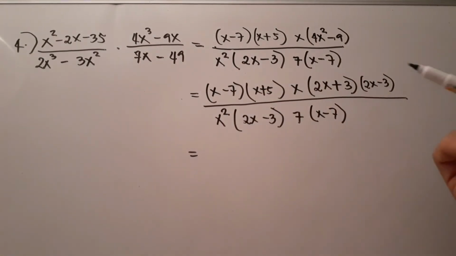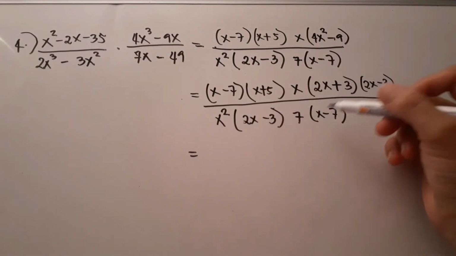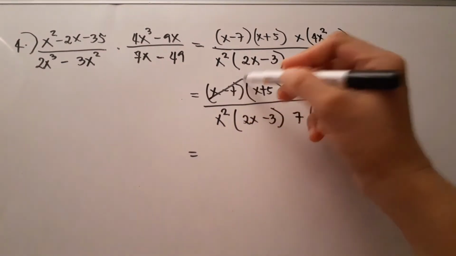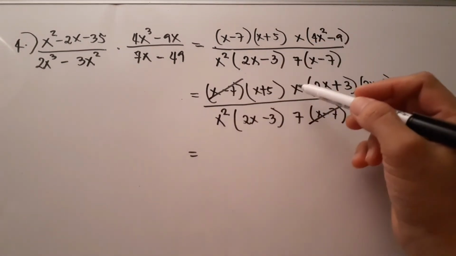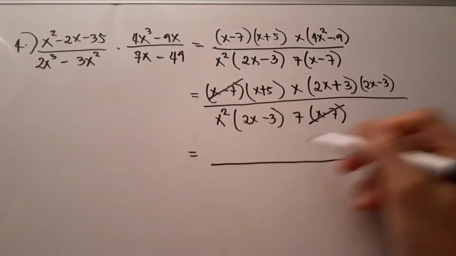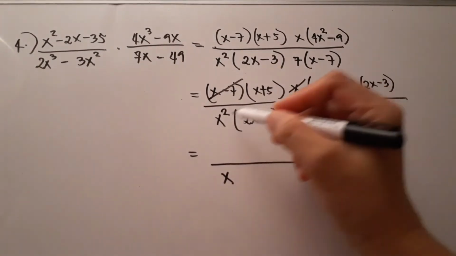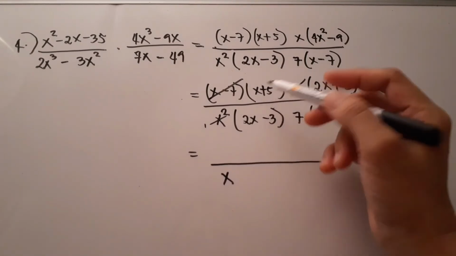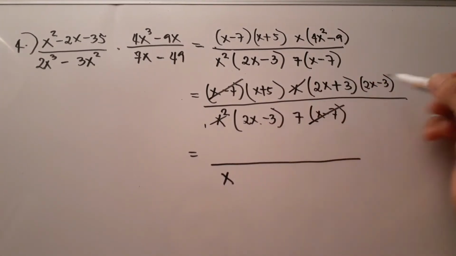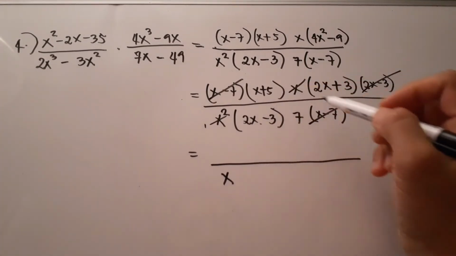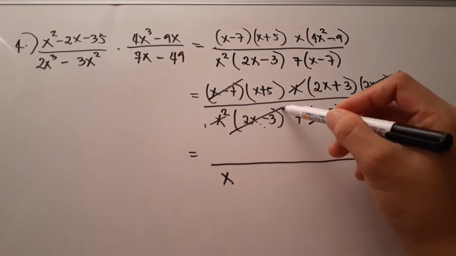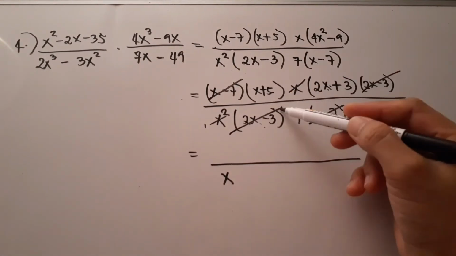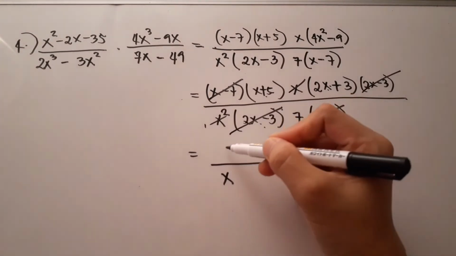We cancel out the common factor x minus 7. Then since this is x, we have x here, cancel out, there is 1x here, and then x plus 5, and 2x minus 3 cancel out, the remaining is x plus 5,